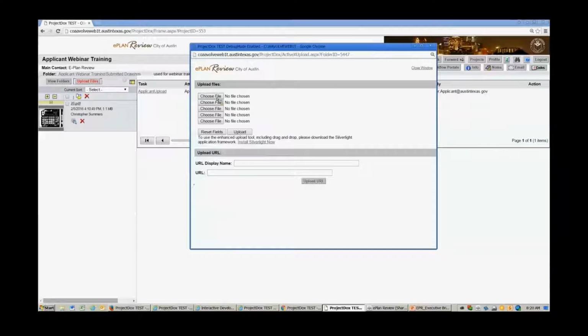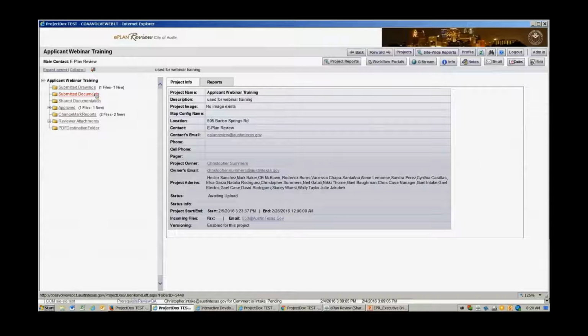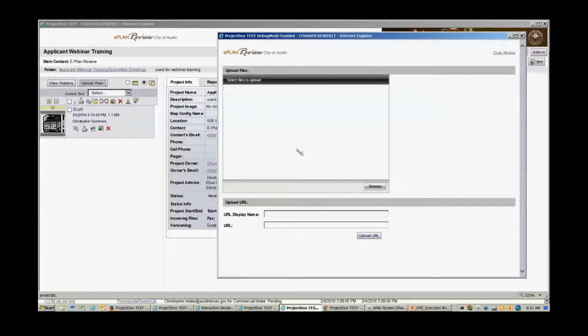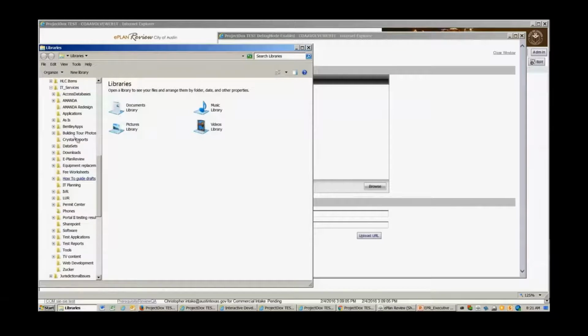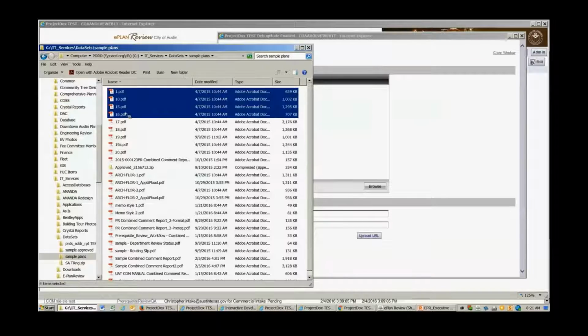I can show you what it looks like in another browser, just so you get the idea of what it looks like. Let's see, let's go over here. This is the same project in Internet Explorer. Now I have my Silverlight upload feature. And this allows me to drag and drop files. Say I have all of my sample files over here. There it is. I have all my sample data. And I can just select all of these and just drag and drop them into the Silverlight bucket,